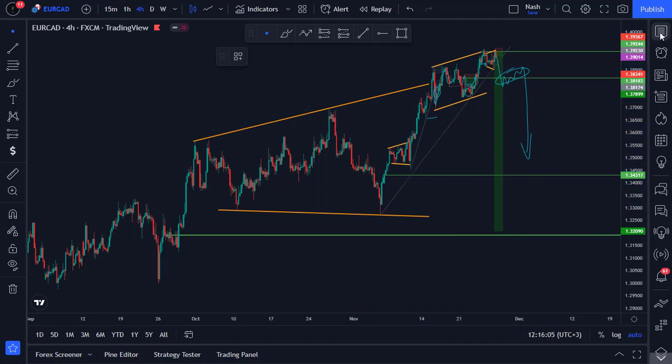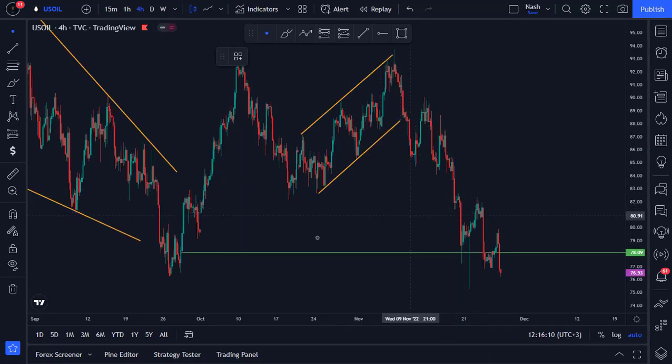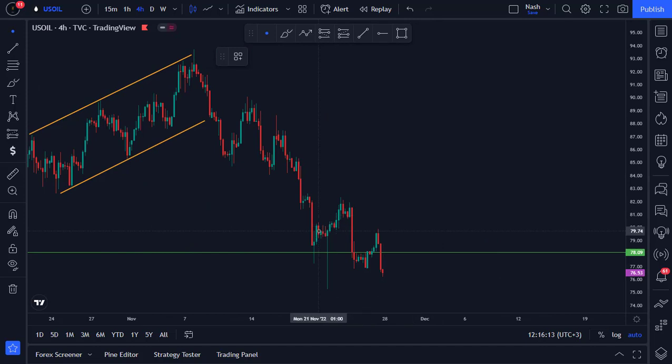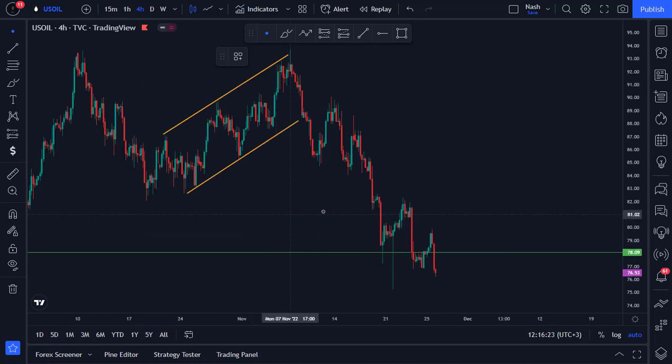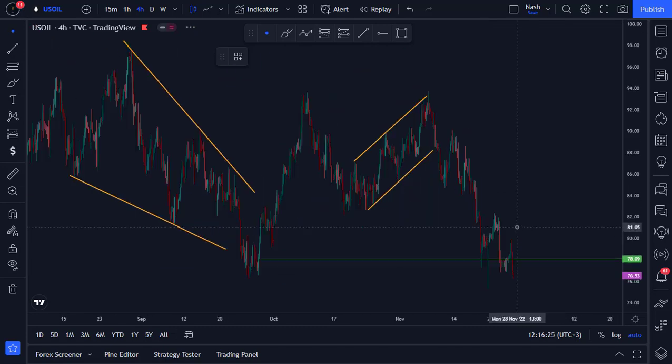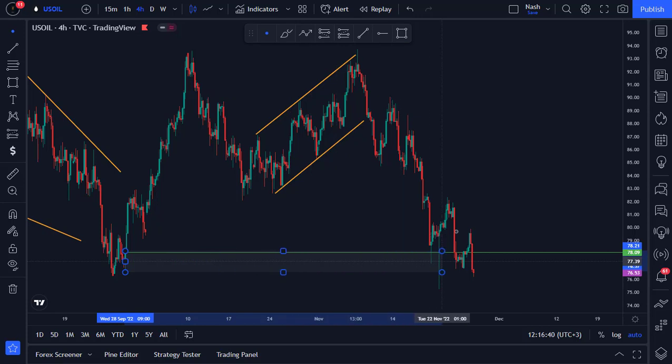Okay, next one, we looked at US oil. US oil, I told you guys to look for buys on these levels. So the price tapped nicely in these areas. This candle was, let's see, this one was a midnight candle potentially, or was it? Yeah, it was a news candle, not a midnight candle. It was a news candle, and the price broke impulsive towards the downside, breaking this low over here, of which it did violate our value area and the order block, because our order block was this candle over here. Okay, so upon violating this order block,